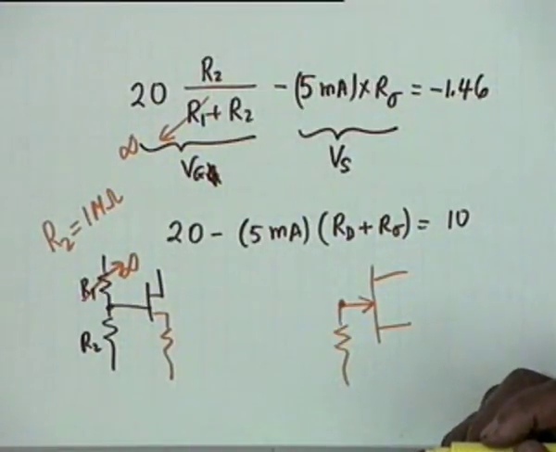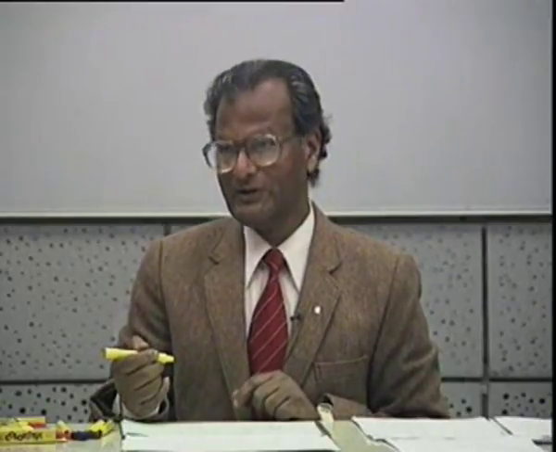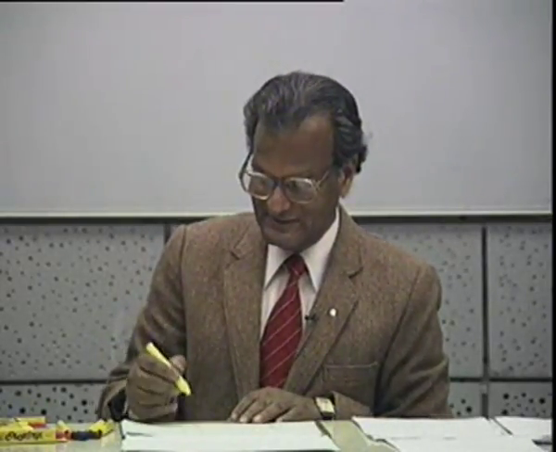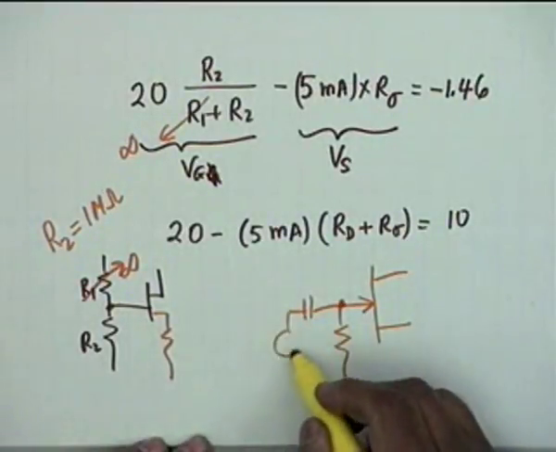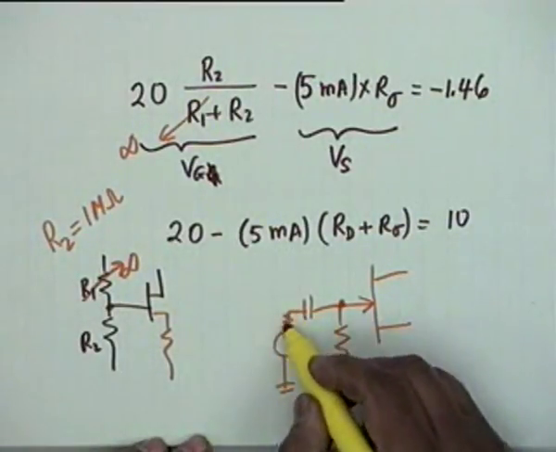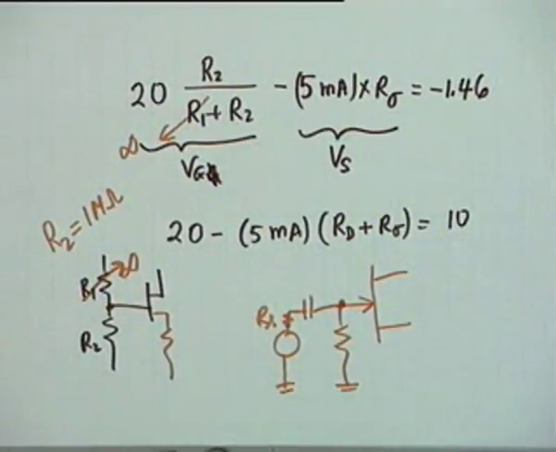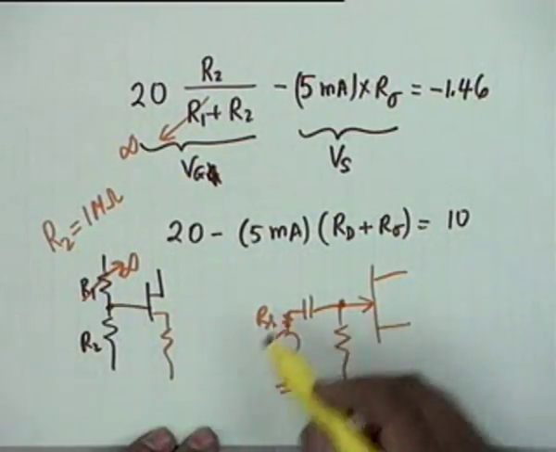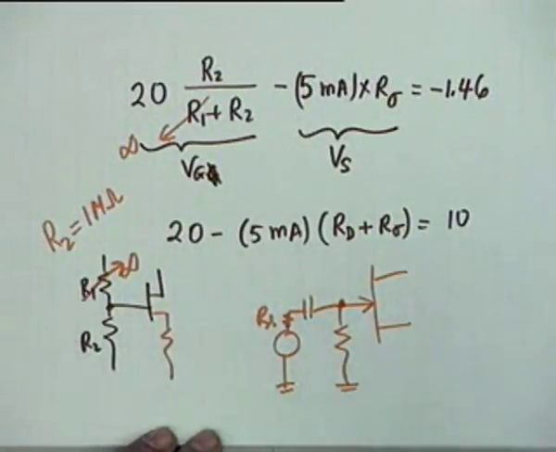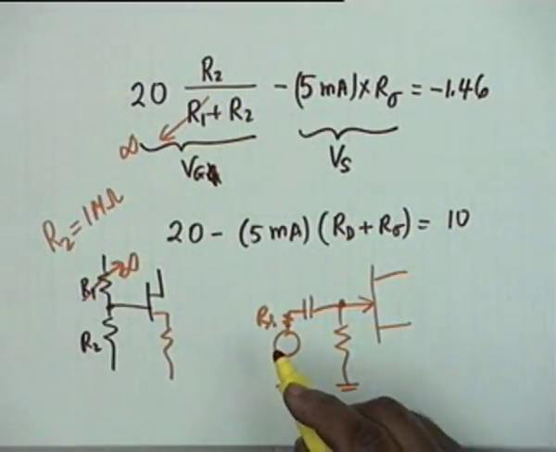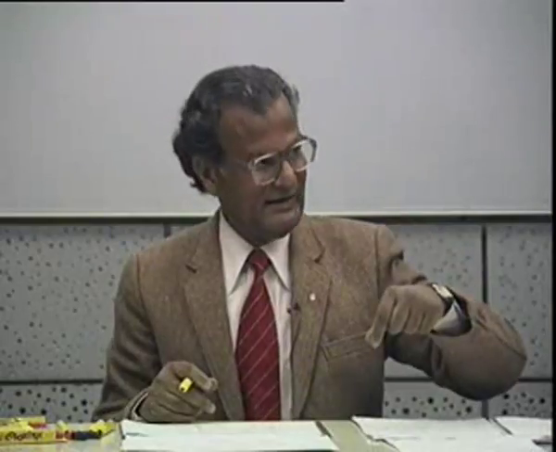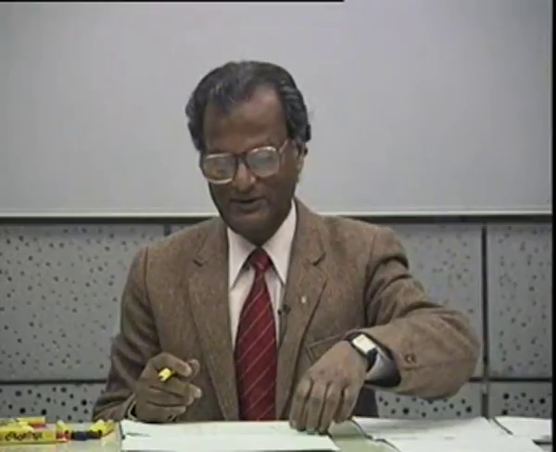So why do we take a high value for the resistance? We can take a low value also. Only problem is, after all it's going to be used for signals. So if we connect a source here with a source resistance Rs, this resistance must be large compared to Rs. So use as high a value as possible, so that we can use this circuit with a high resistance signal source. Even if the source resistance is 10K, this is 1 meg. Good enough. That's why you use a high resistance.